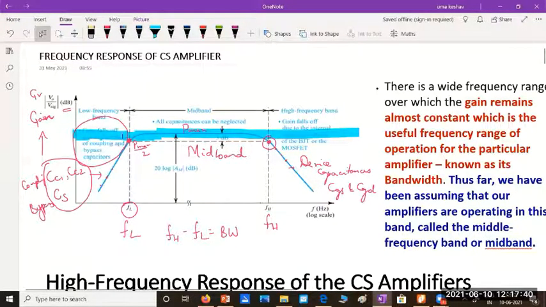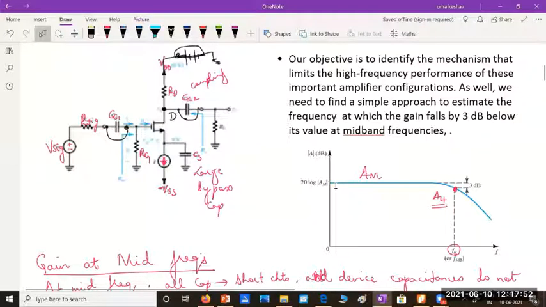So we have considered a common source amplifier circuit, and we have drawn how the high frequency response should vary. In the sense, the gain versus frequency plot should look something like this. The value of gain in the mid band is called AM. We have found that first, and later on we will find what is the gain at the high frequencies, and we will find this value of gain when we come down by 3 decibels from the mid frequency.